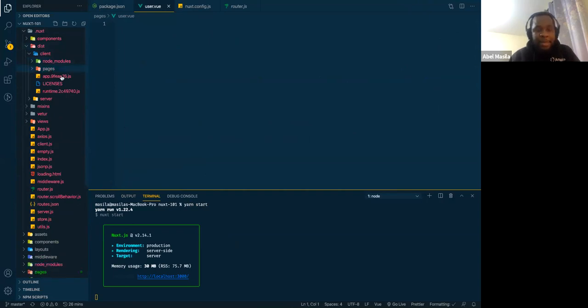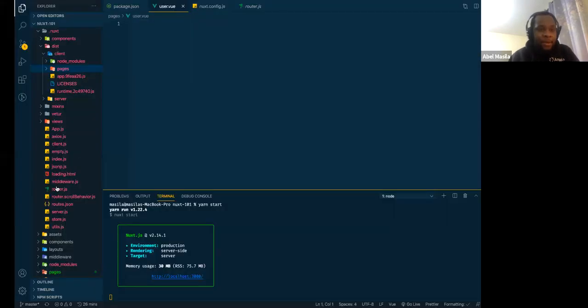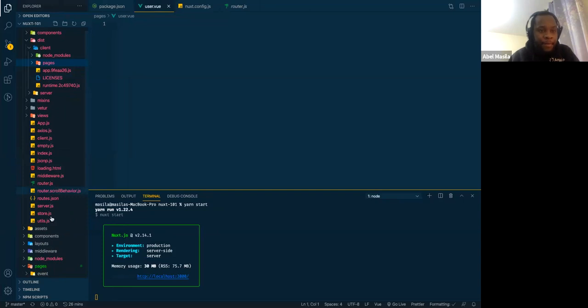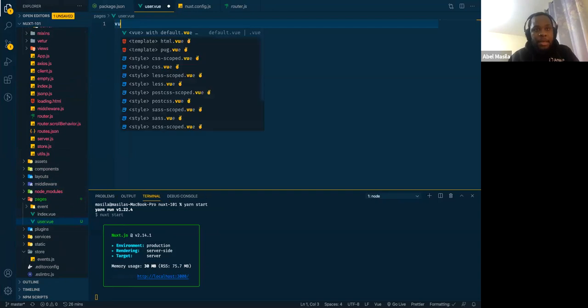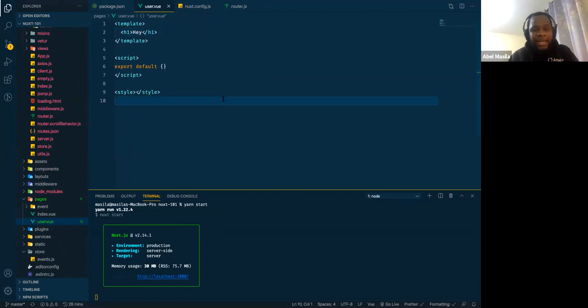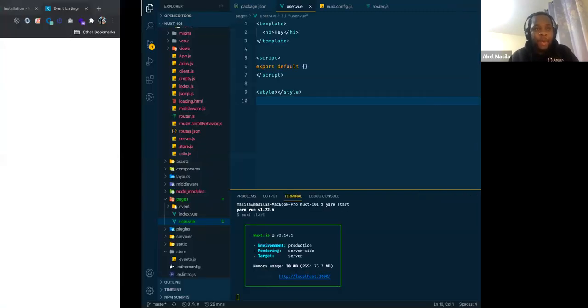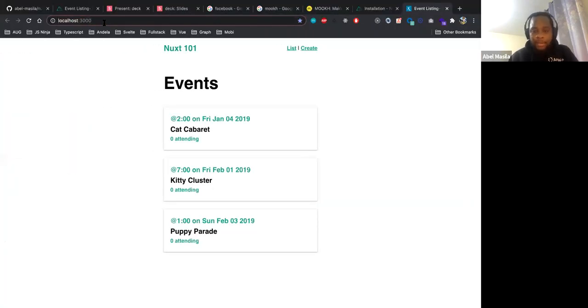But because the application has not been rendered, let me open this link. That's the application. Let me add something here. Let me do a template. I do an h1. Every file you add is basically a route, so I can go to the user route. I just go to /user.